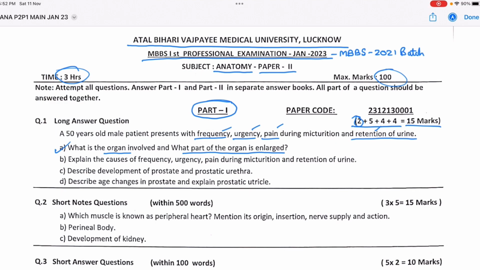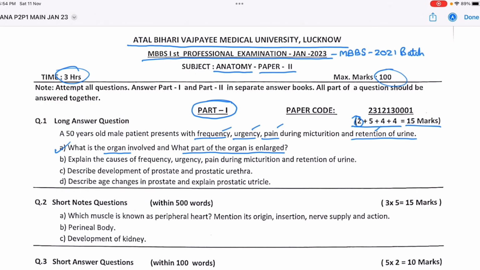zone and an outer zone, which is a bigger zone. The inner zone has small glands, the submucosal glands, which open directly into the prostatic urethra above the level of the prostatic sinuses. So you can correlate this portion, the inner zone, which is comparable to the periurethral zone. Both are the same. So this inner zone, histologically, is common for benign hyperplasia of the